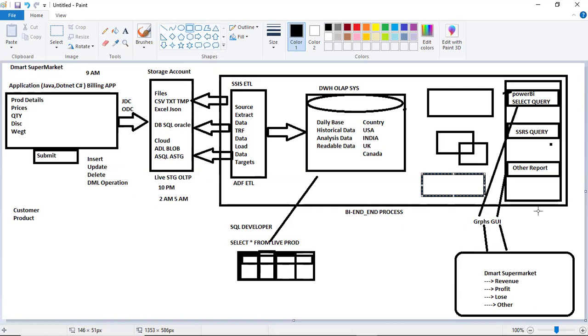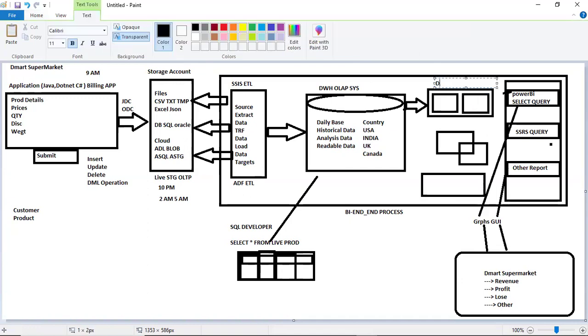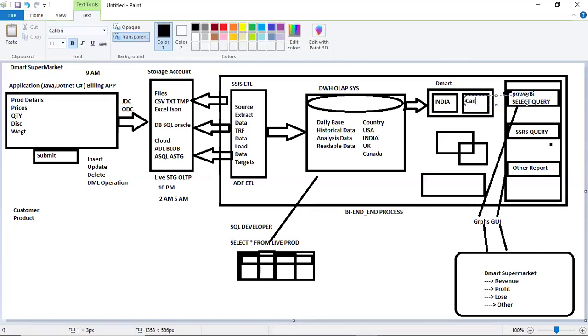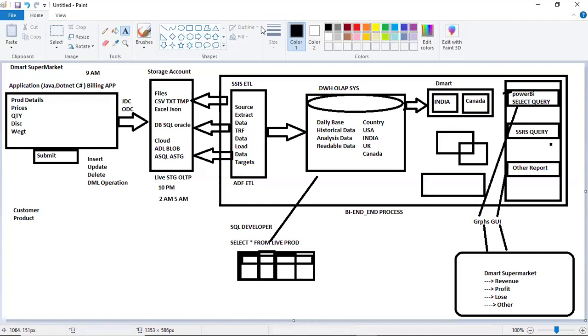So what we can do here is extract this data, and again we call the ETL developer: please extract this data and make it easy for reporting, and they'll create data marts. What is a data mart? A data mart is a database built for a specific purpose. In the data mart, we make it for a specific region, let's suppose India. Instead of filtering and waiting for minutes, I can easily go and get the data. The reporting people also work for different applications.